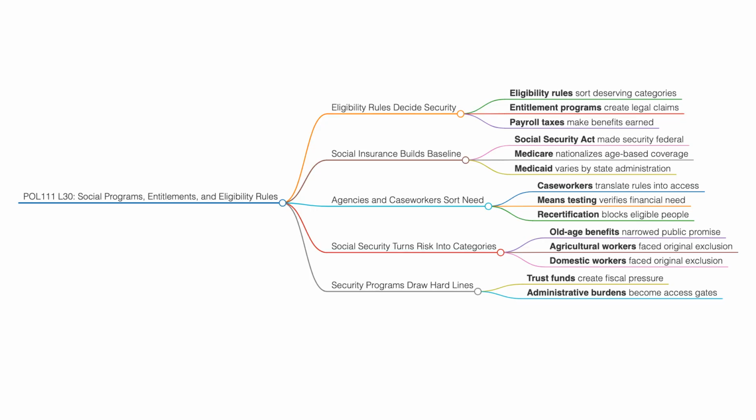Older Americans sit at the center of Social Security and Medicare politics because they vote, organize, and depend on predictable benefits. Social Security converts work records into retirement, disability, and survivor benefits. The Social Security Administration tracks earnings, calculates benefits, determines eligibility, issues payments, and handles appeals. A formula that looks technical carries moral and fiscal choices. Replacement rates, retirement ages, cost of living adjustments, taxable wage caps, and disability standards all shape who receives how much